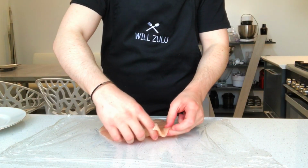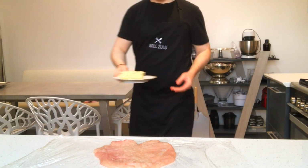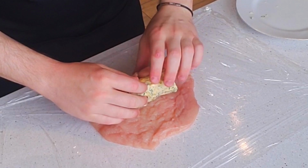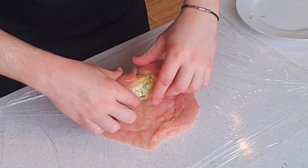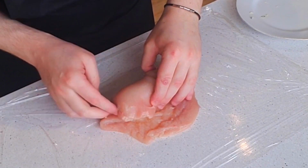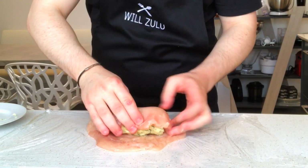That's going to make it easier to roll up. Now once the butter log is nice and firm, remove it from the fridge. Place it on top of your chicken breast with your butterfly. Place it nearest to you so you can roll it up like a burrito, like I'm doing. Making sure you tuck in the sides whilst you're going so the log is enclosed inside the chicken breast and